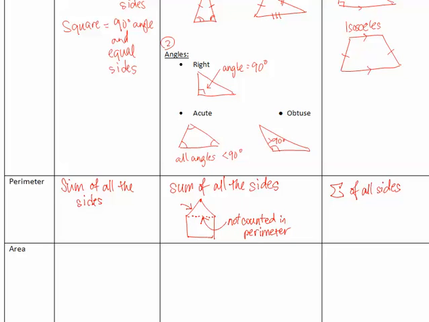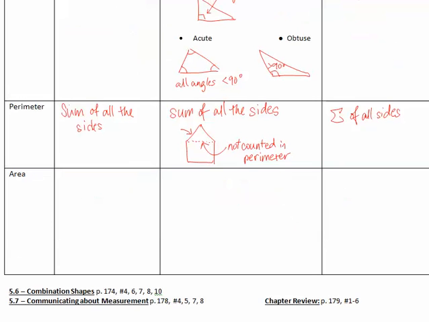If we have something that's on the inside, we should not count it in the perimeter because it's inside the object. Now let's just review the area formulas one more time. The area of a parallelogram is similar to the area of a rectangle or square or rhombus, which is base times height, where the height has to be 90-degree angled to the base. In any parallelogram, well, in a rectangle, for example, the height is 90 degrees already to the base, whereas in a